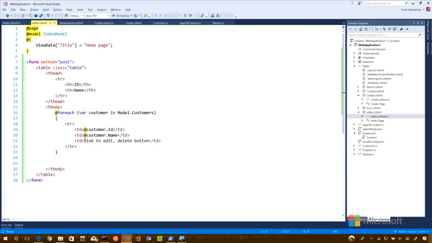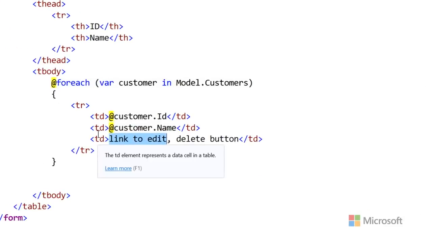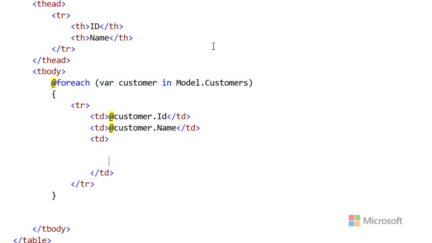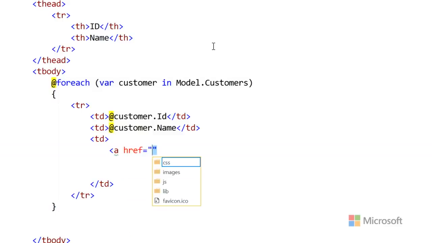Now let's make a link to theoretically go and edit these things. And then we'll have a button for delete. These things don't exist on the back end yet, so we don't have an edit page yet. So, okay, we can make a link. Now I could go and put in a link, href, you've done this a million times, and say /edit, and then like put in